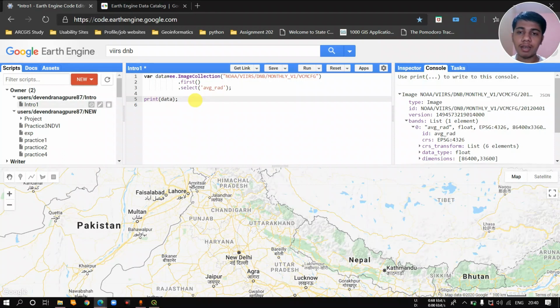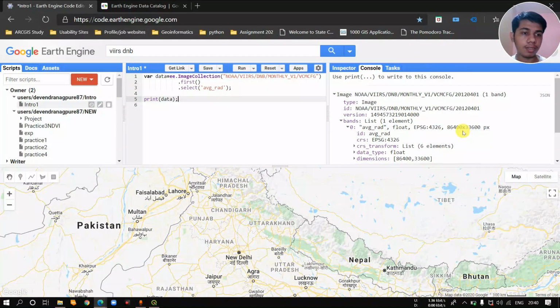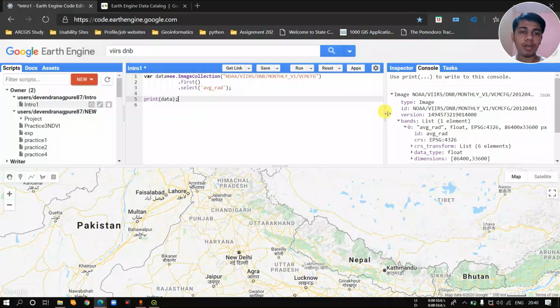You would not require that huge amount, because if you see over here, the amount of pixels is like 86,400 by 33,000 pixels. This humongous number of pixels directly indicates it's a huge amount of data that you won't require. So you first have to set your region of interest.